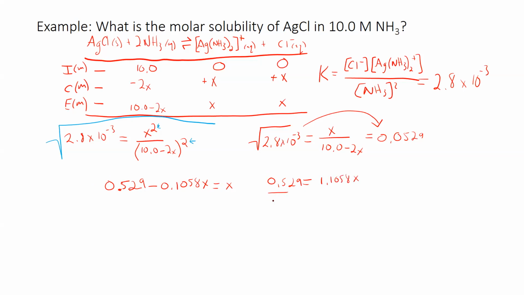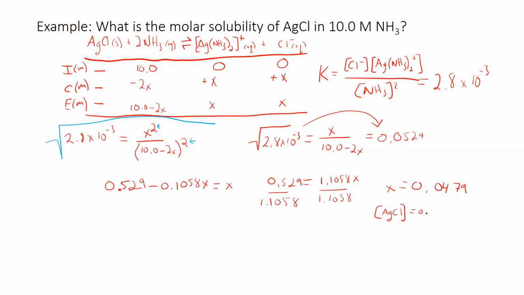Divide each side by 1.1058. Okay, and so X winds up being 0.0479, okay, which means that our concentration of the silver chloride